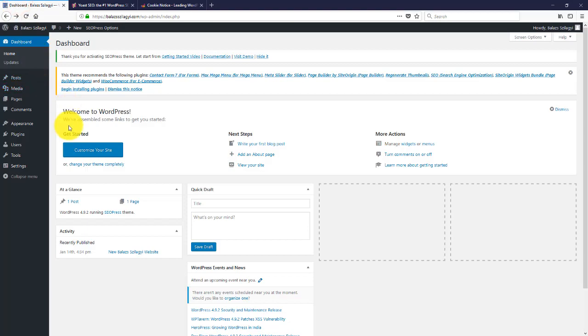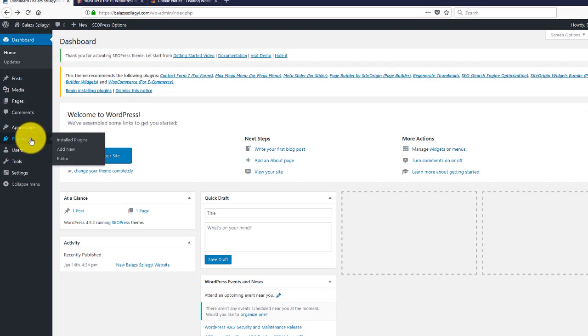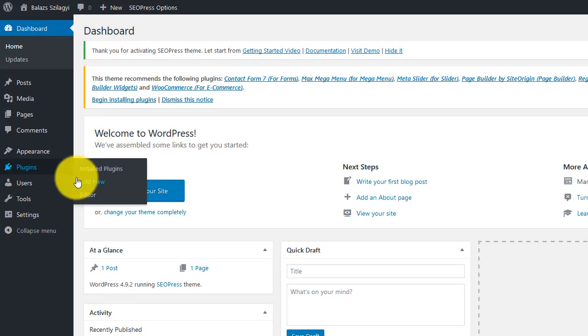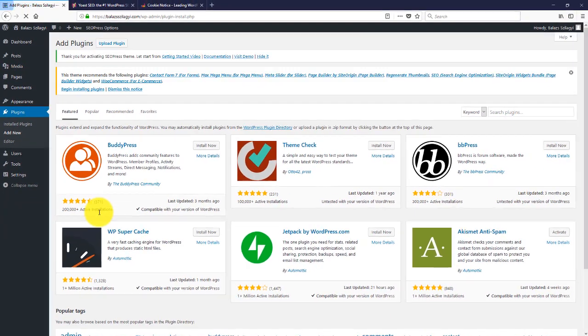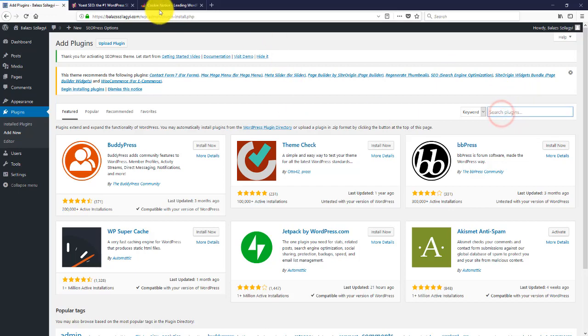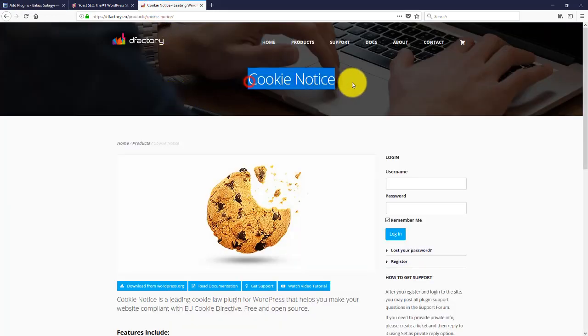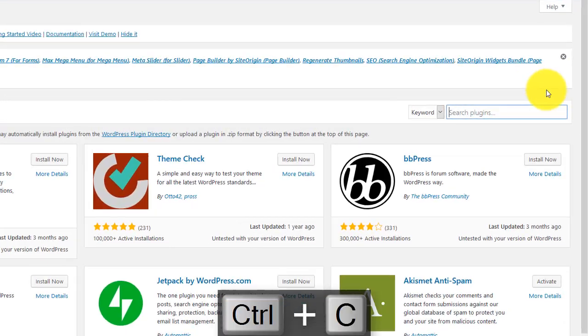So the easiest way is just to install the plugin directly. Just head over to plugins and add new, and you basically have to type in the name of your plugin here when it says search plugins. So the name is Cookie Notice. I just copy paste it here,